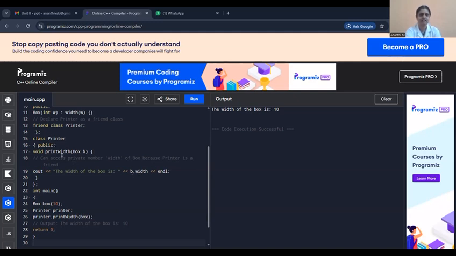The width is a variable that is declared as a member of the box class, but it can be accessed by the class printer. Likewise, we can access both the private and public members of another class from one class using the friend keyword.